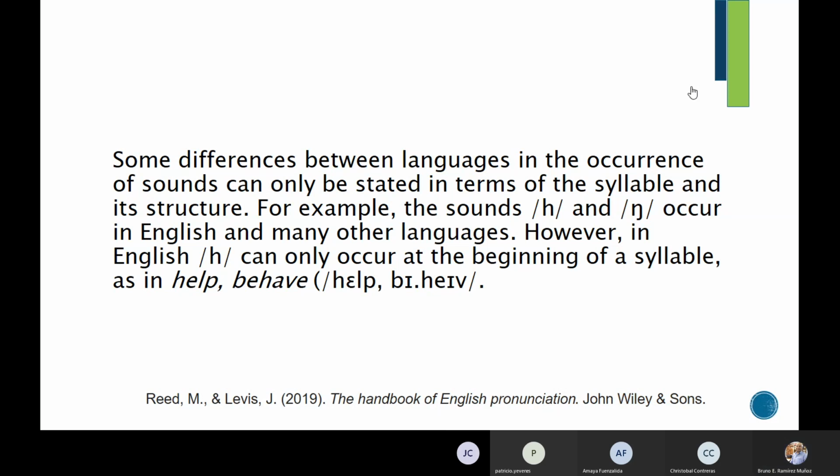Exactly. I mean, it sounds a little bit crazy, right? But it is true that when we think about syllables, some sounds may occur right at the beginning of a syllable, as in help and behave. For this, we need to remember that the syllable division is shown with a small dot here. That's a syllable division, right? So the sound is at the beginning of the second syllable. And in the example help, the sound is at the beginning because there's only one syllable in the word help, right? Now, this is something that takes place in English,